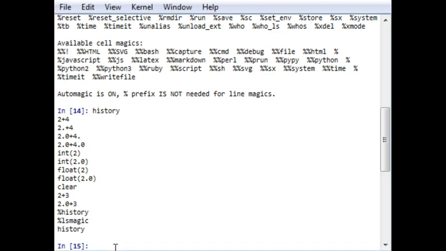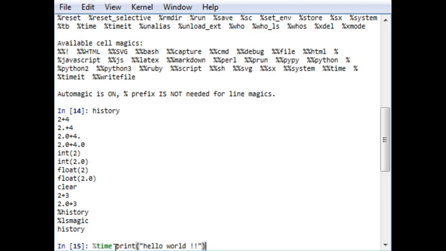Now let's see the time function, percentage time. For example, I will write time and let me see how much time it will take to print hello world, and let me add some exclamation marks.